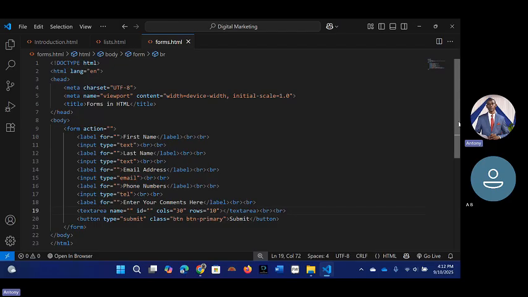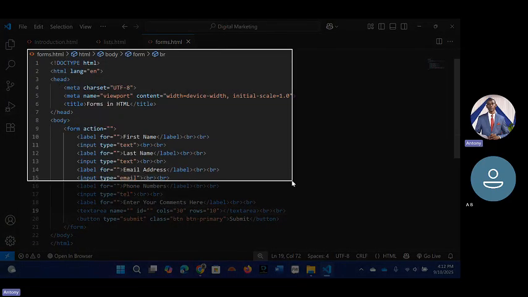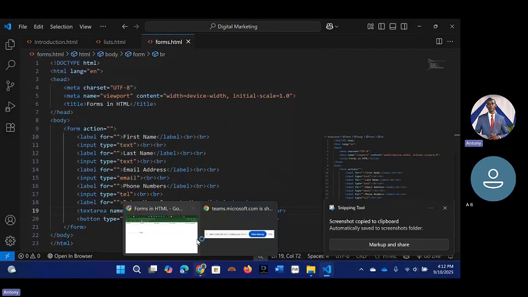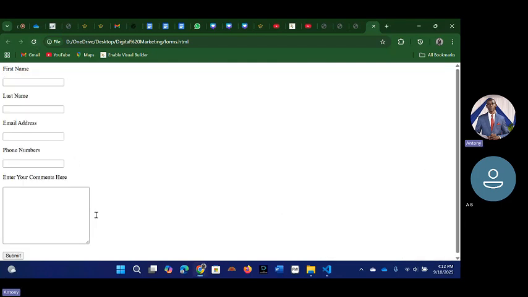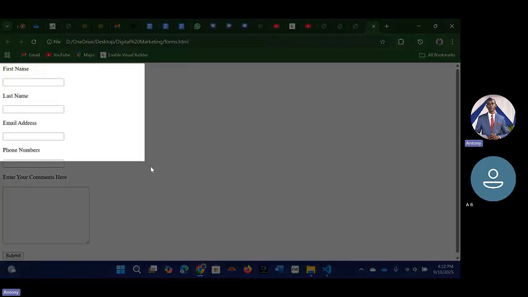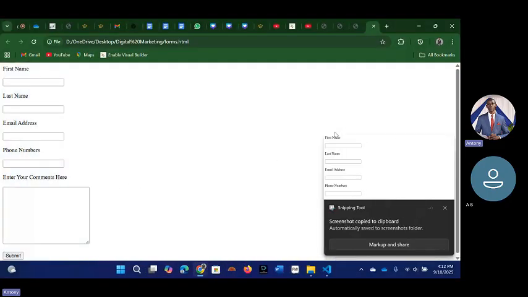So after we have added enough space like that, now when you go and you observe what you have over there, this is what you will have. It will now be arranged really nicely for you like this. So this is what you have at the end of all that hustle that you've just done. So it is a very nice form, although it is very simple, but it is a nice form, a form that you can use to collect simple information.